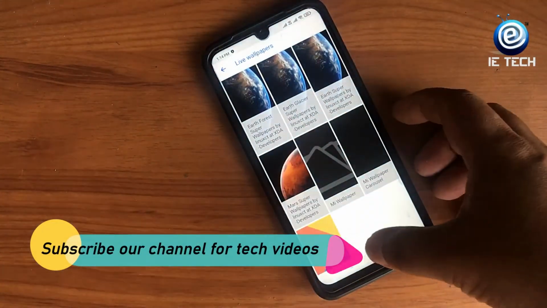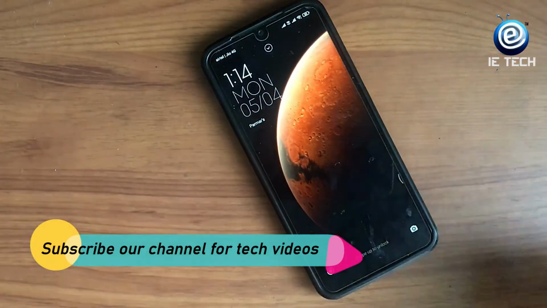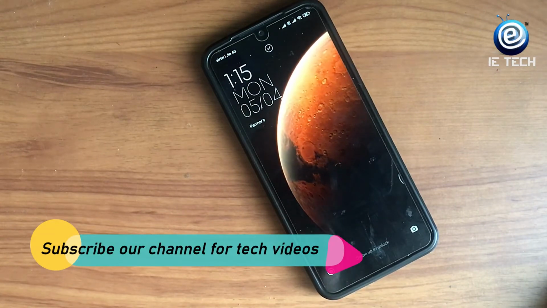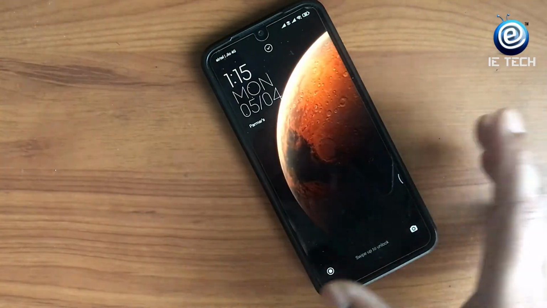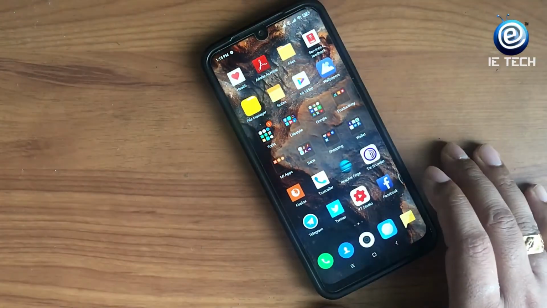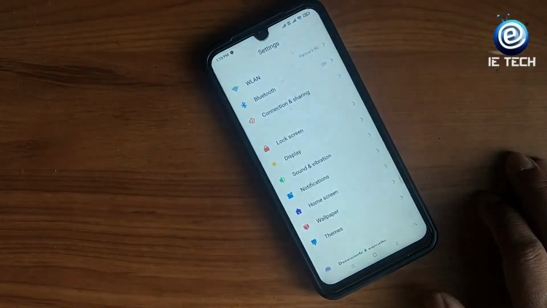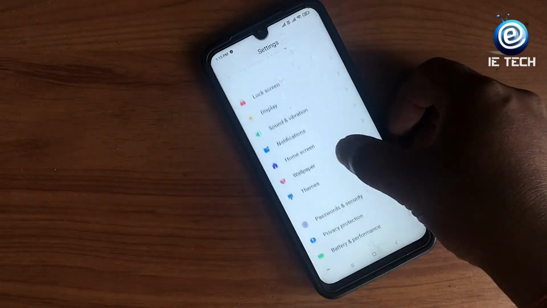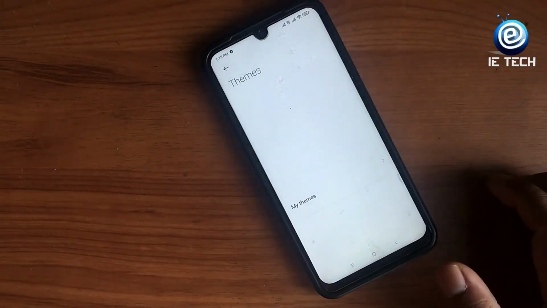As you can see, I'll just go to the home screen, lock the home screen, and you can see the Mars wallpaper works flawlessly. It can also work on MIUI 11, and I can tell you that you can install it very nicely. Okay, so getting back onto the settings tab, I have installed a lot of apps because I generally use and test a lot of apps. So getting on to the theme side, you will find some themes.